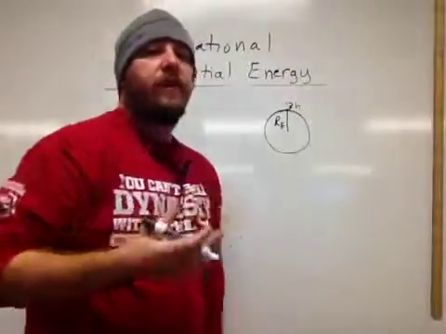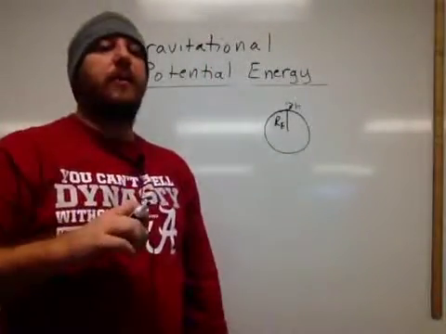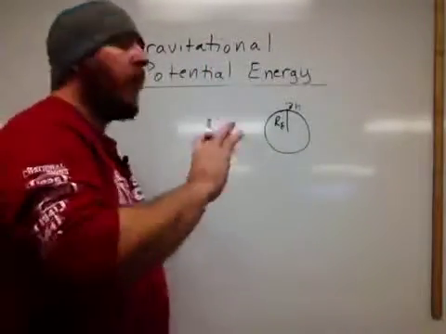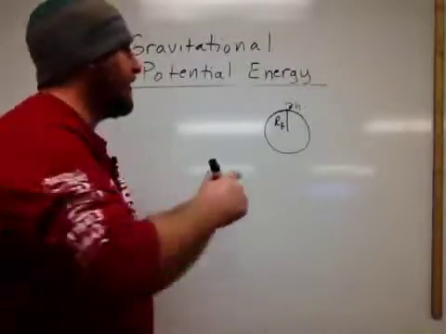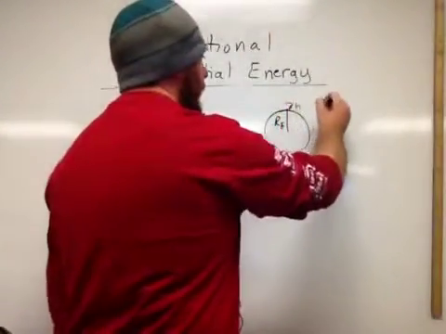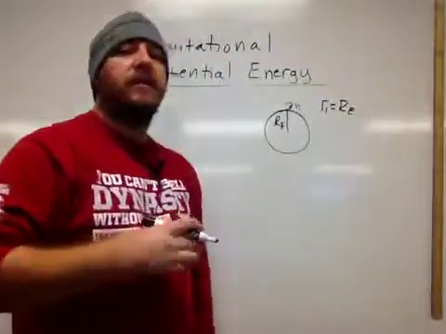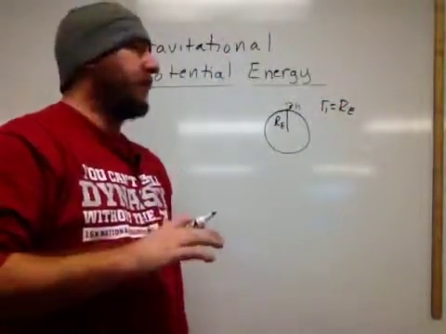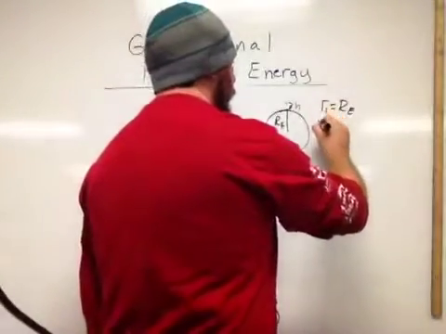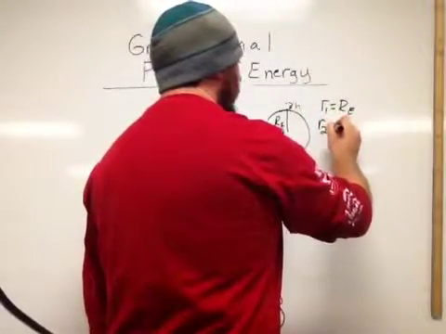And I want to know, are these formulas consistent? So RE, the radius of the Earth, is going to equal R1 in the formula that we just had, and R2 is going to equal